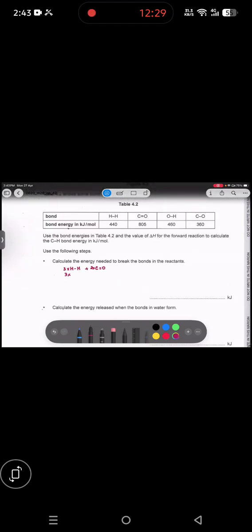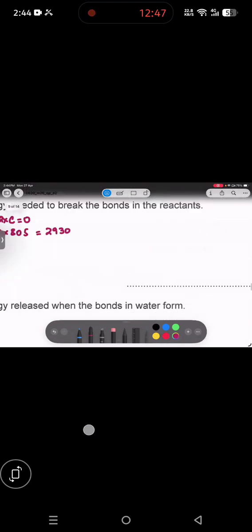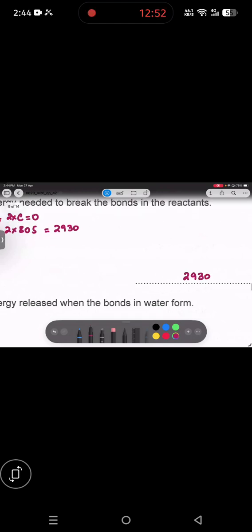Now, 3 multiplied by 440 plus 2 multiplied by 805. The total answer you will get is 2930. 29 and 30. Now the next part, calculate the energy release when the bond in water